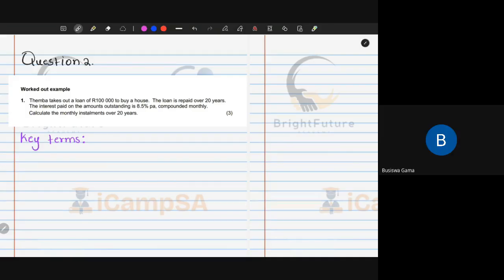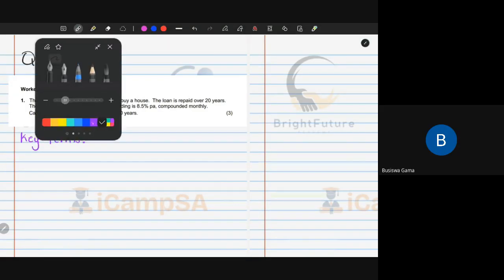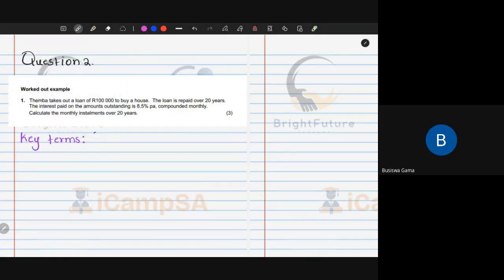A loan and monthly installments. On point. So once you see that, your brain should be like, there you go. I see a loan, and I see they say repayments. So that there alone means this is not a future value problem, so I shouldn't use the wrong formula. You shouldn't, guys. So make sure that you look for the key terms and make sure that you don't use